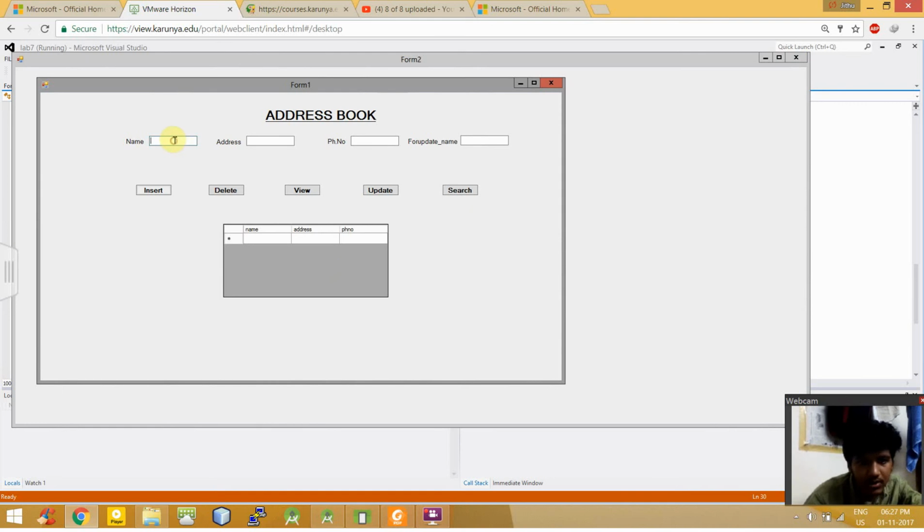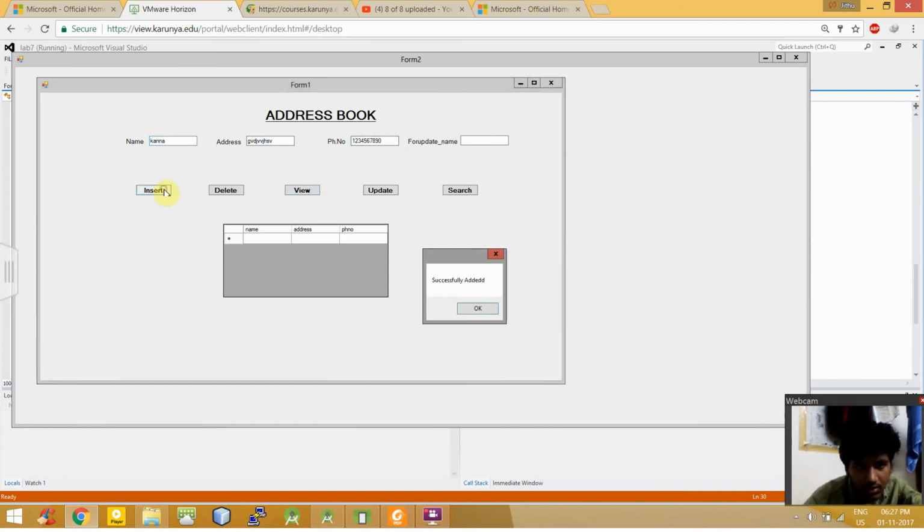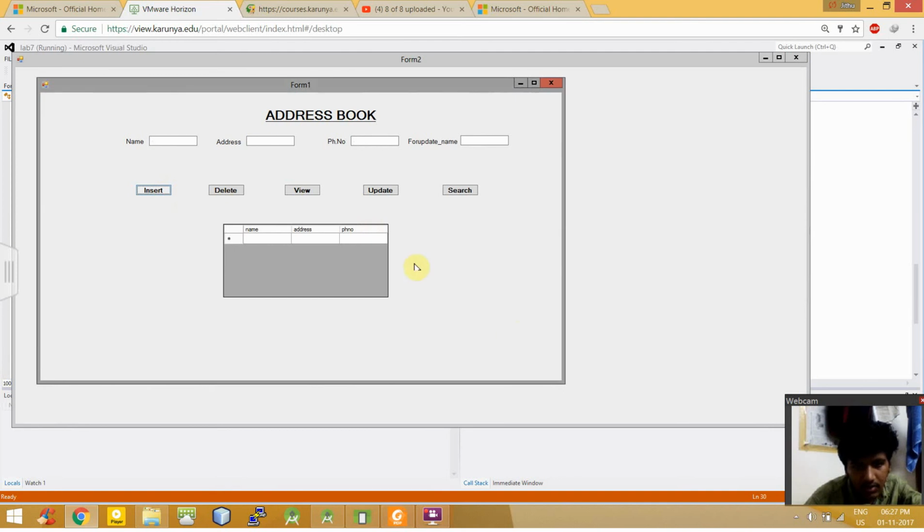And as you can see, we can enter some values. I'm going to enter Kanna, the address or something, and then the phone number or something, and then we're going to insert it. Now it says successfully added. So we'll be using view for refreshing it, and now for updating we'll give